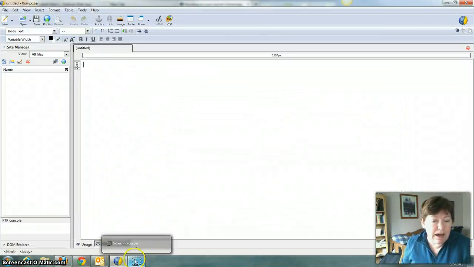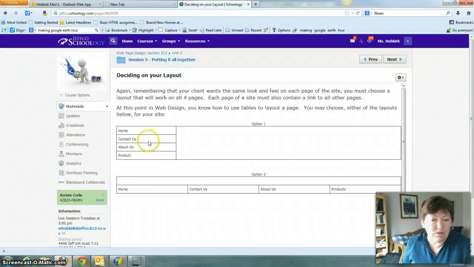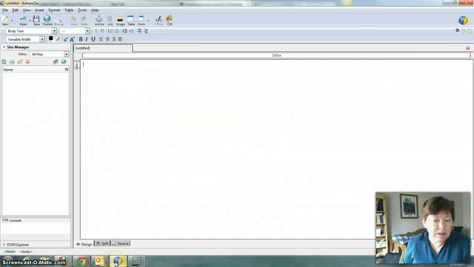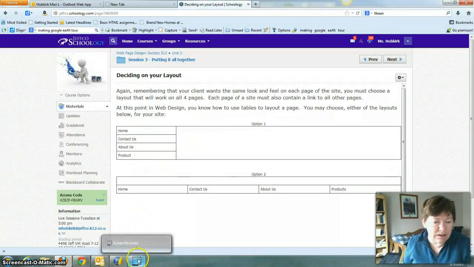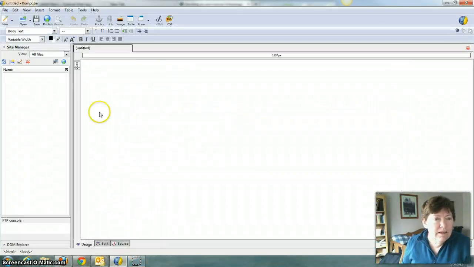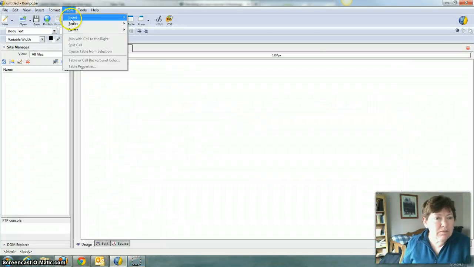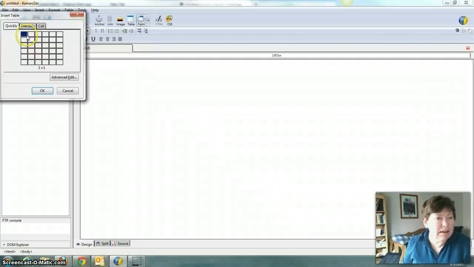First of all, if we look at the first one here, it's two columns, a column here and a column here, and essentially it's one row. So we can start over here, but it's probably easier to start with if we look at this 4 rows and 2 columns. So let's start with that in Composer. And I'm going to do table, and we said insert table,